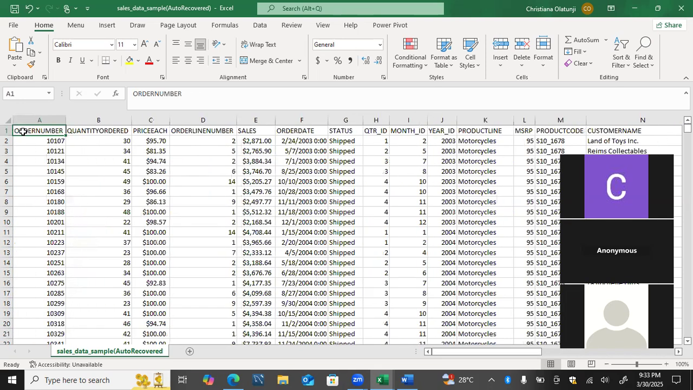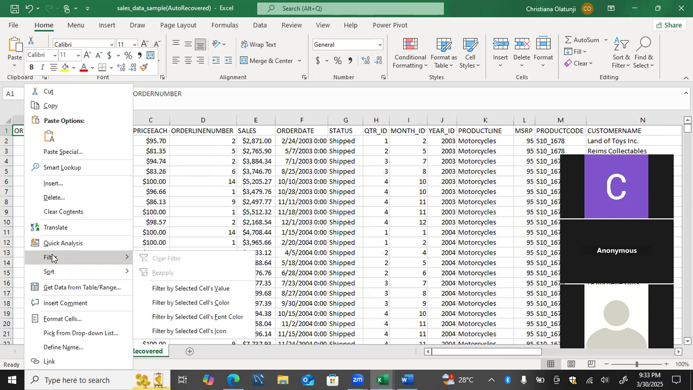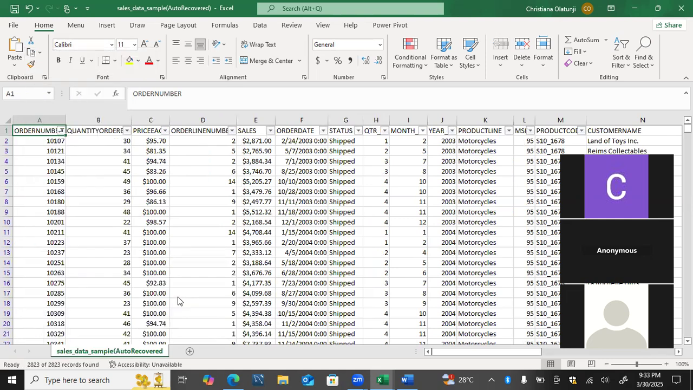Now, how do I activate my filter? Same way we did our sorting. I just click anywhere I have my filter. That's the way I have turned on my filter button. If you notice